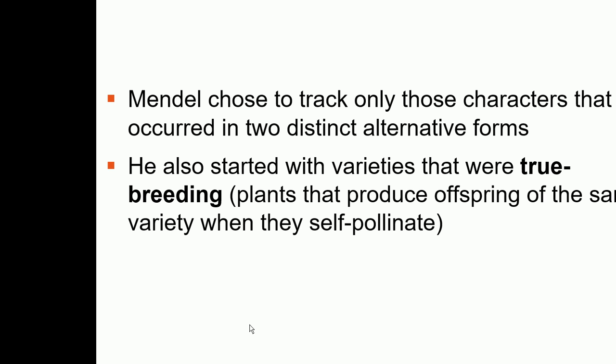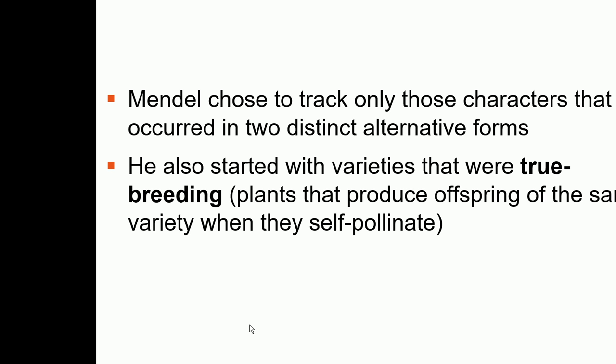Another important thing to know about Mendel's pattern of inheritance is that he chose all the characters which come in two distinct alternative forms. Like the flower color is either purple or white. The seed color is either yellow or green. Seed texture, pea texture, is either smooth or wrinkled. So he chose these kinds of characters. All characters are not like that. So this was another very important